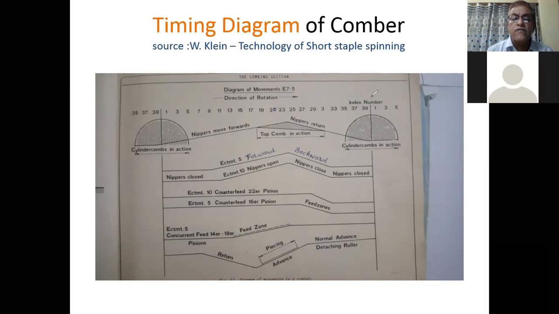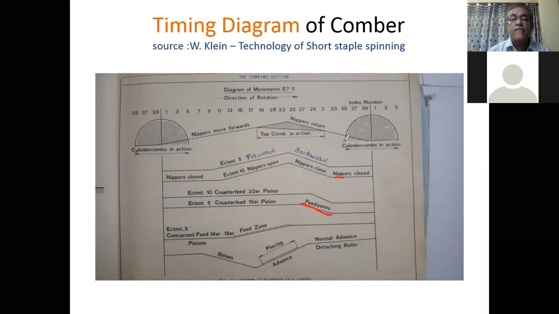So let us start with feeding. In case of counter feed, first of all, feed will take place here. Feeding starts from 24 to 30. And when the feeding has taken place, at that time the nippers are closed.